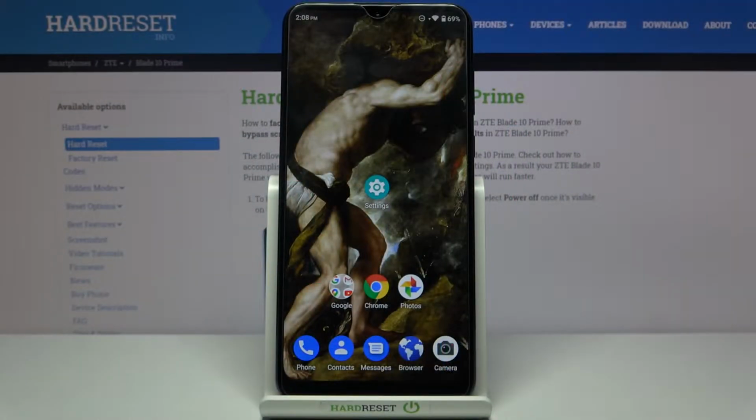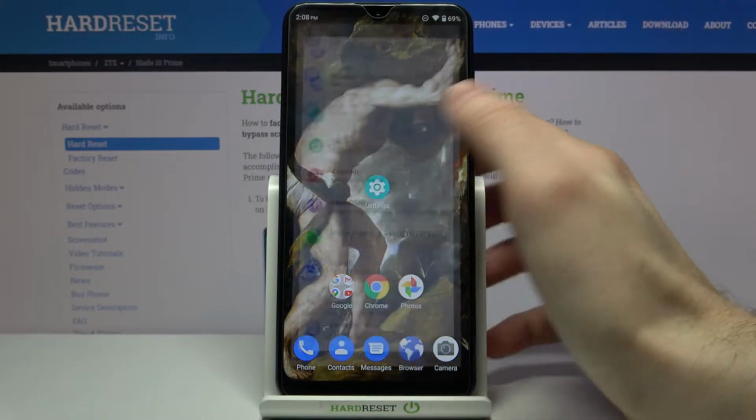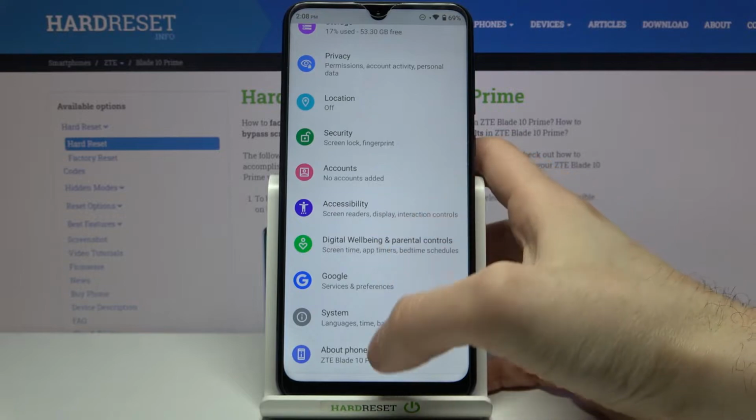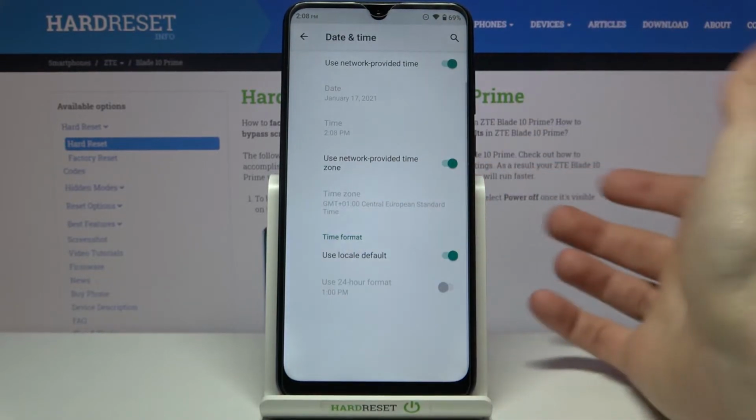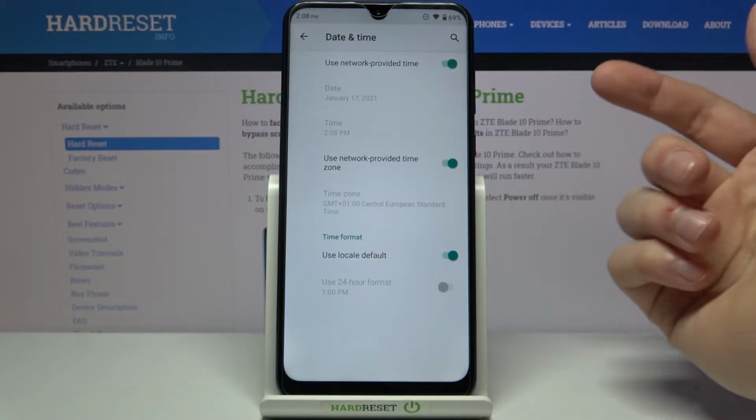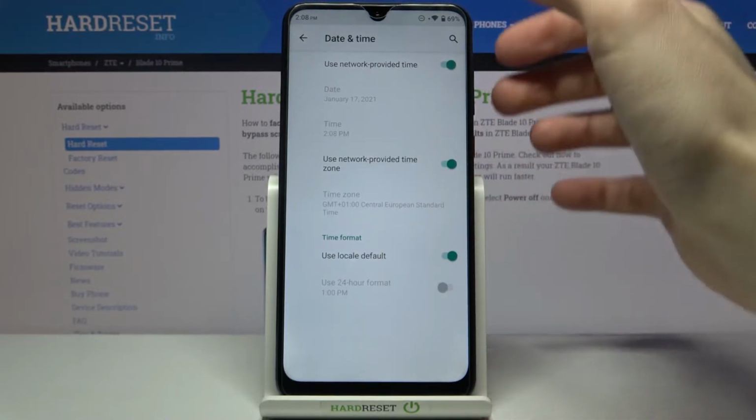Here I have ZTE Blade 10 Prime, and today I'm going to show you how to change date and time settings on this device. So firstly, you have to open settings, then you have to go to the system section, date and time. If you want to change your date and time manually, you have to disable these features, use